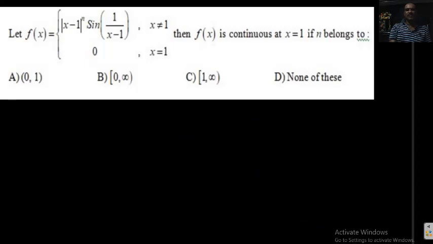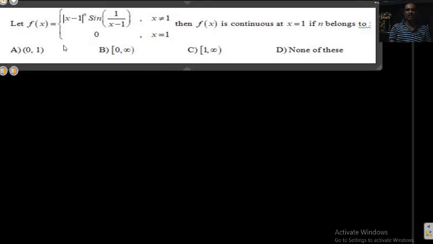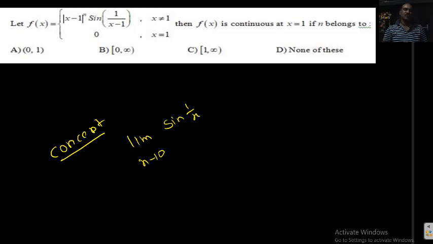Yeah, next interesting problem, an important model, students. First of all I want to explain the concept. Limiting value of sin(1/x) where x is tending to 0 does not exist. Already discussed, no? It is oscillating. sin(1/x) is oscillating between −1 to 1 where x is tending to 0. As x is tending to 0, 1/x is tending to infinity. So it does not exist. So clearly explain the concept.